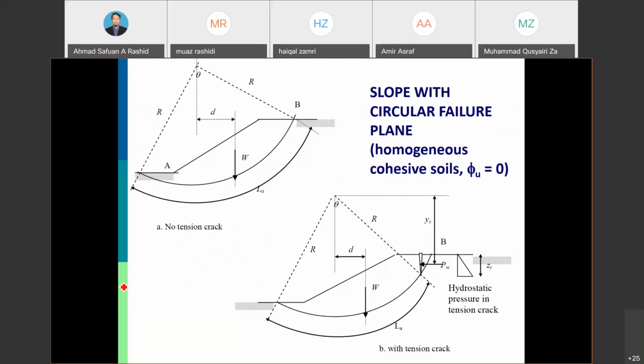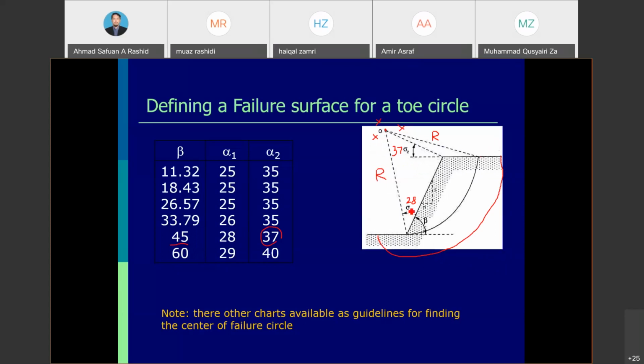Okay, so saya sambung balik. Once we have determined what we call the center of the failure circle, then we can start to do the analysis. So for the circular